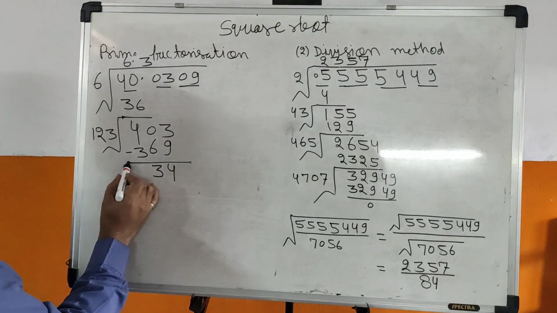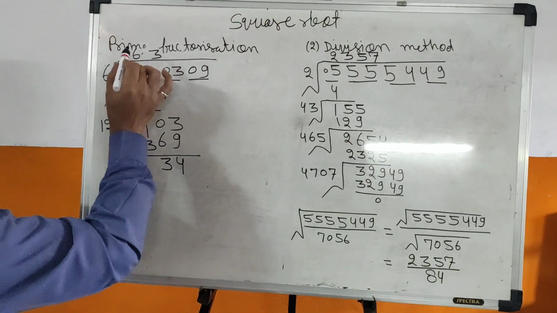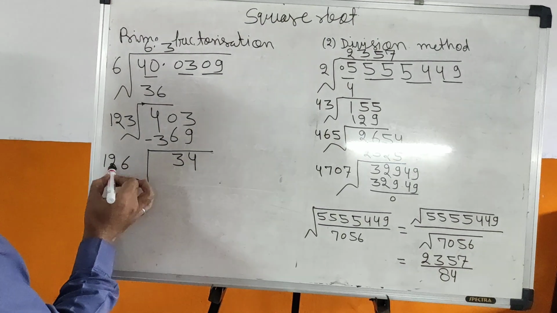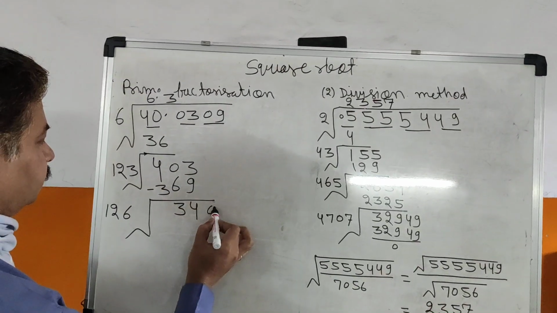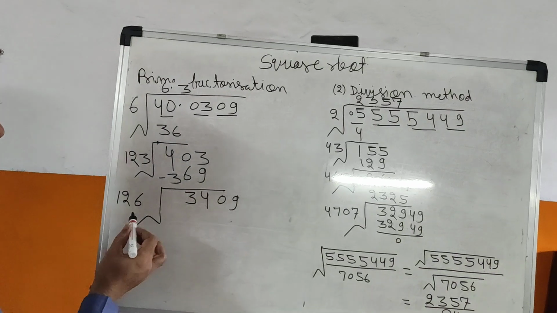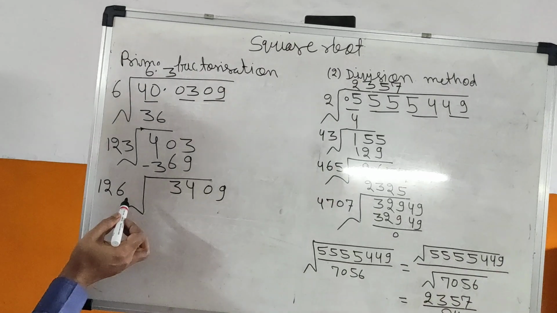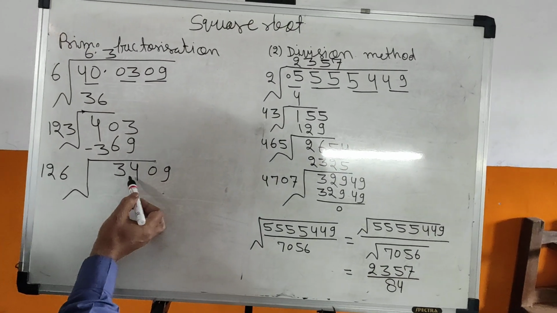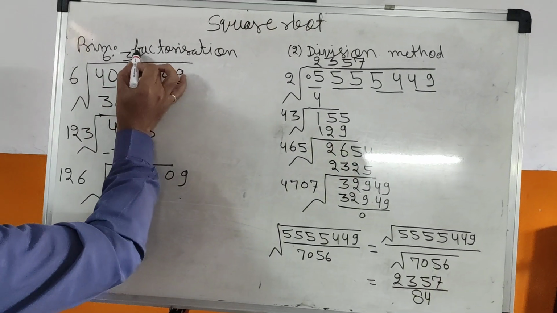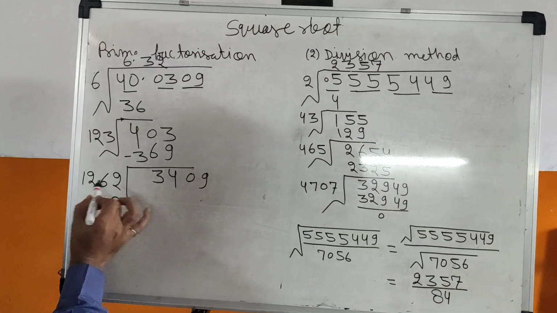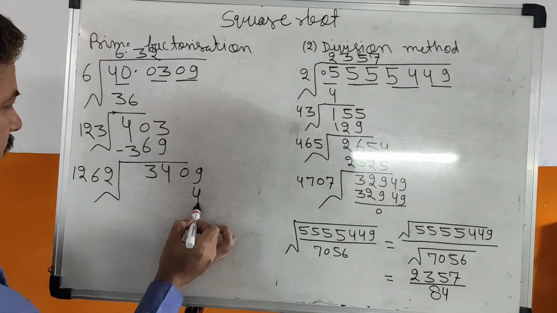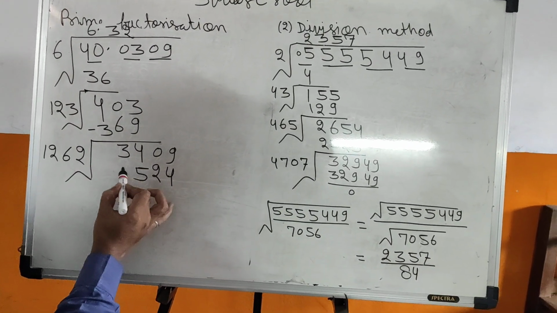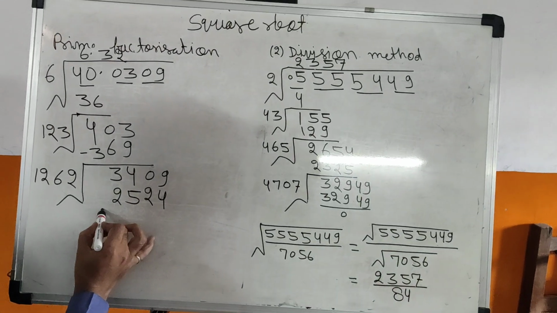So 34 will come. Now again we will do double of 63. The decimal we will not write. 2 3s are 6, 2 6s are 12. And the next pair is 09. Now 2 times it will go. 12 1s are 12, 12 2s are 24, 12 3s are 36, which is more than 34. So 2 times it will go. 2 we will write there and there. Now multiply. 2 2s are 4, 2 6s are 12, 2, 1 carry. 2 2s are 4, 1, 5. 2 1s are 2. Now we will subtract.